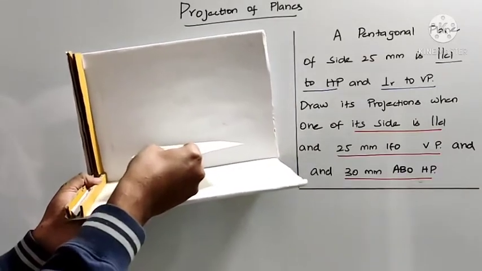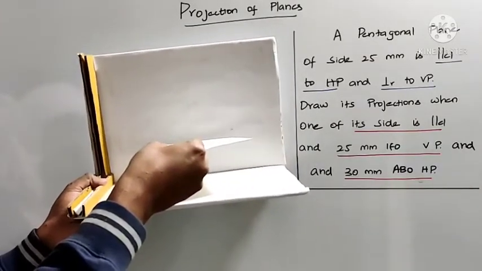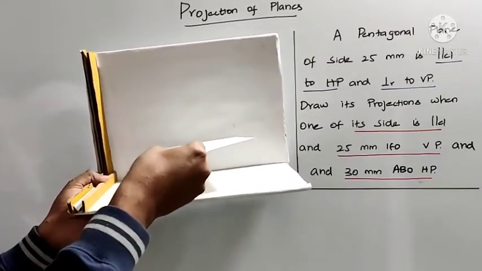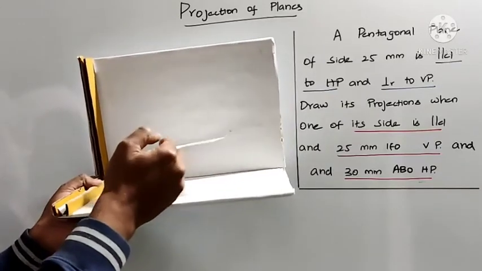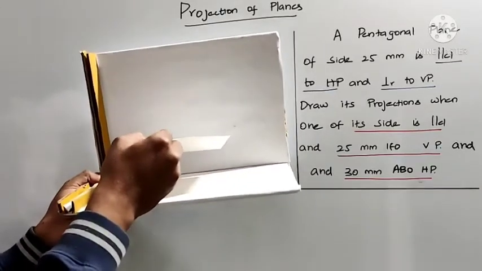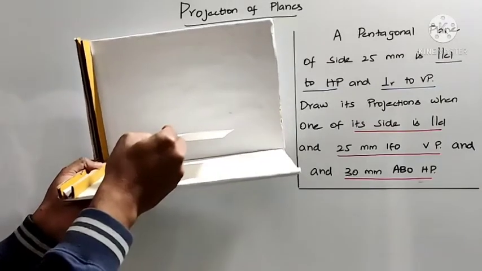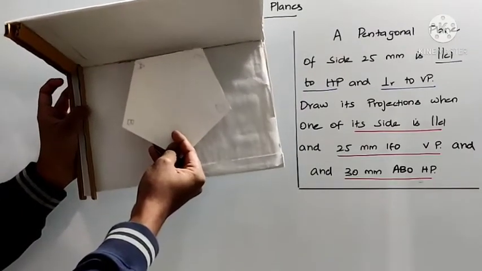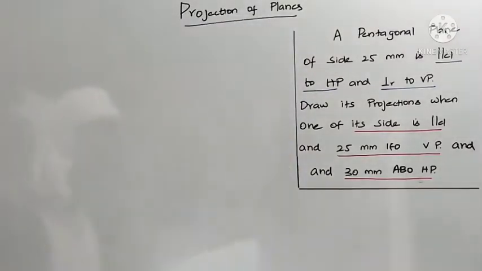Okay, so this is the final position after applying all the conditions. As I told you before, while applying the subsequent conditions, the earlier applied condition should not be violated. Next, you see the front view. You are not seeing the true shape in the front view, you will be seeing a straight line. In the top view, you will see the true shape of the pentagon. So you are seeing the true shape in the top view, which means it falls under the simple case. Always start with the view in which the true shape is visible. So first you need to draw the reference line.